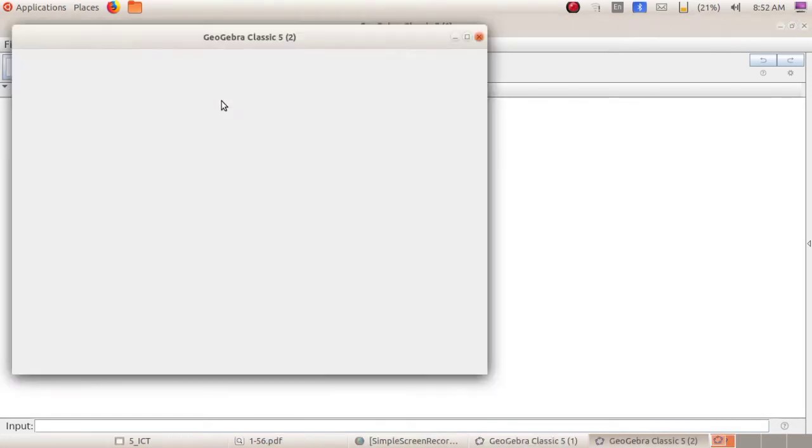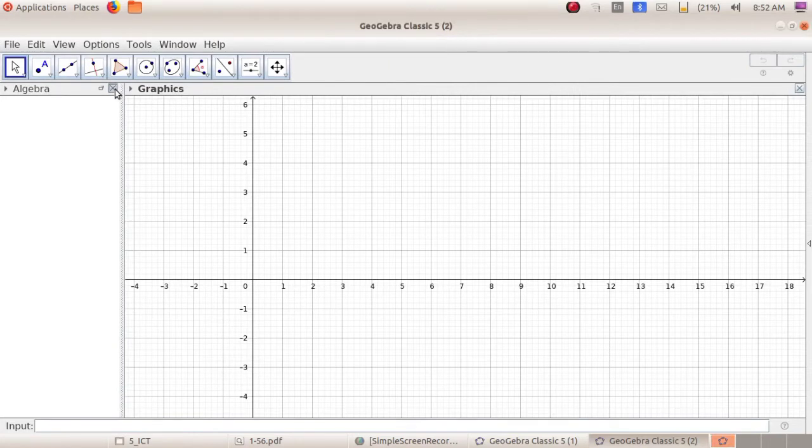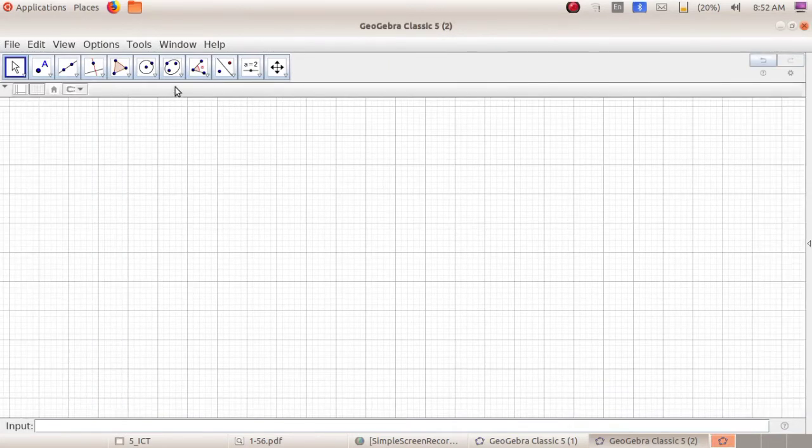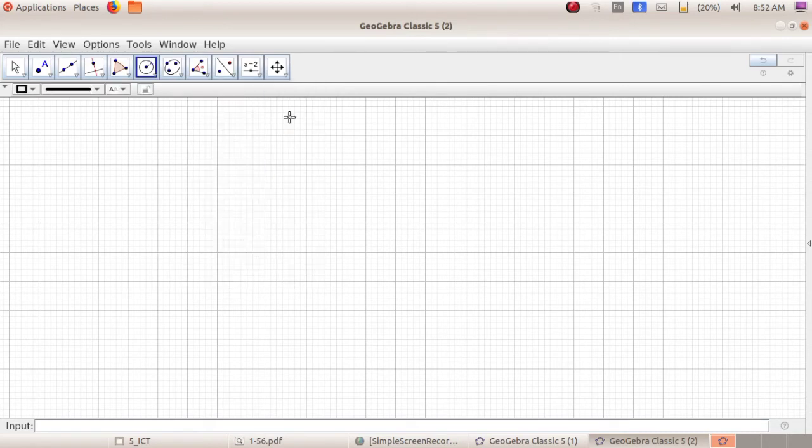For that we can open another window of GeoGebra. This is the image for circle with center and radius. You have to identify both by looking at the pictures.